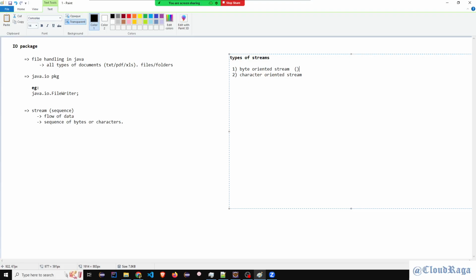This byte is actually 8-bit in memory, that much it occupies. And this is 16-bit memory. A bit is one of the smallest units of measuring data. So bit is the lowest, then we have byte and so on. 8 bits contain 1 byte. So we have two types.